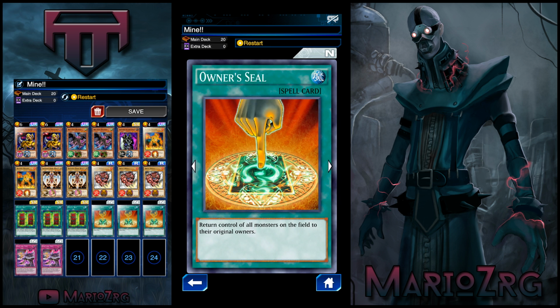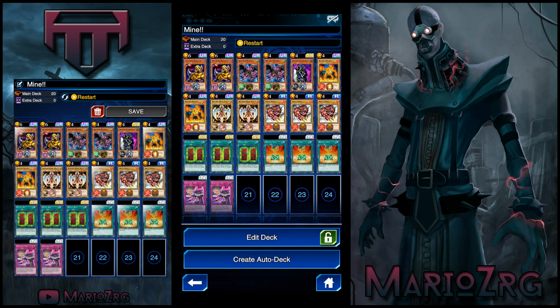If you don't know what this card does, basically it returns control of all monsters on the field to their original owners. So any monster that your opponent controls that belongs to you, you just get it back. This works with Weevil's Parasites. I might try to do something using that skill, but in this case, the card I'm pairing it with is